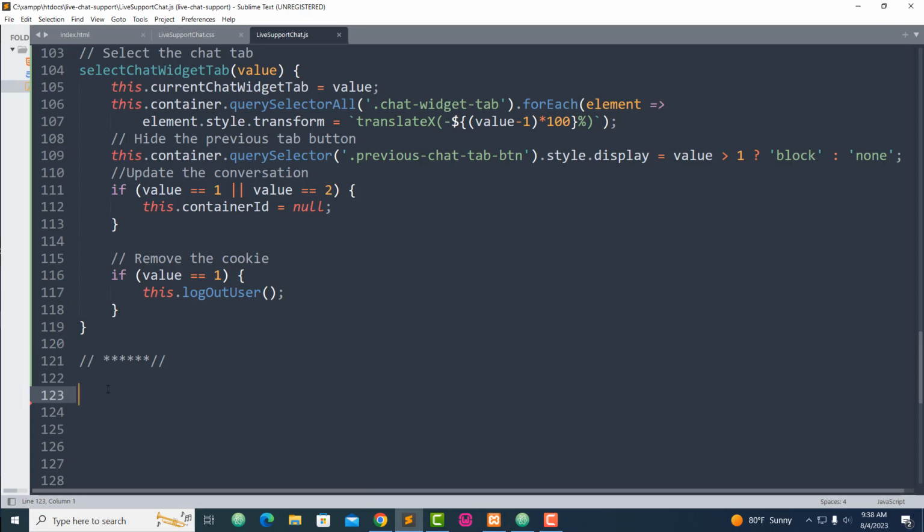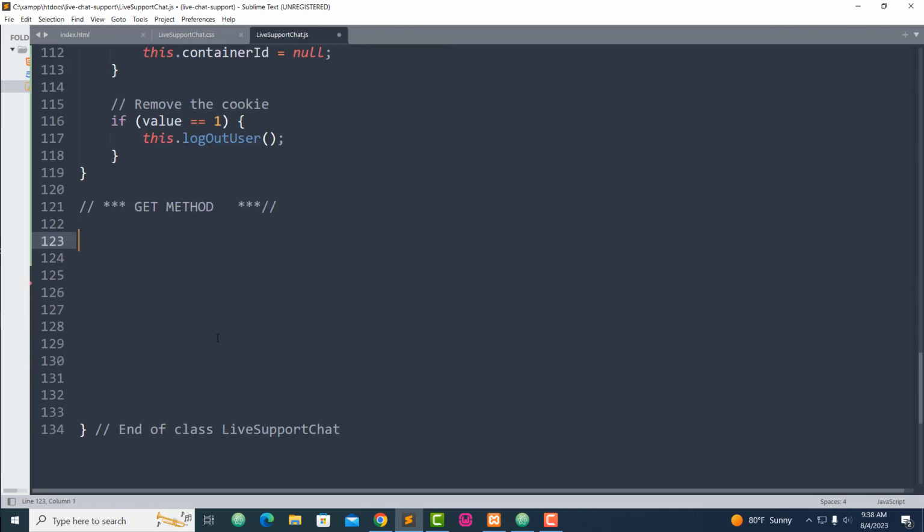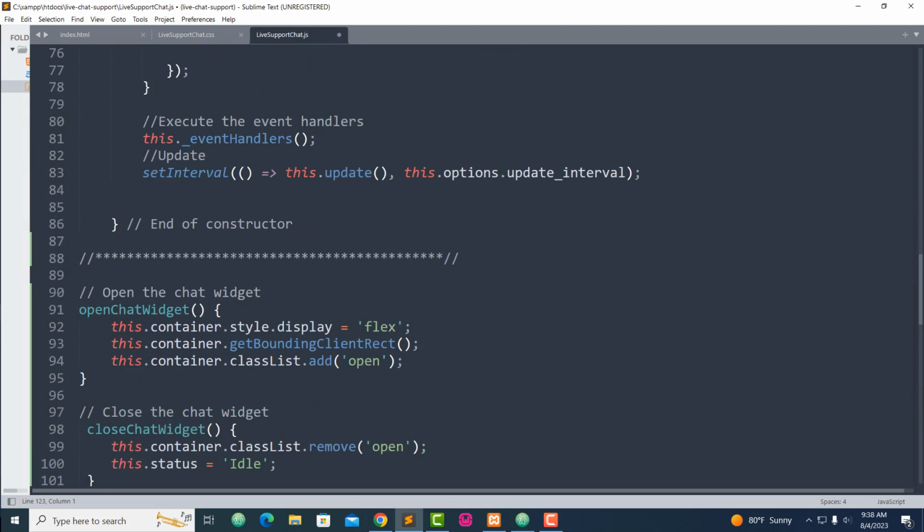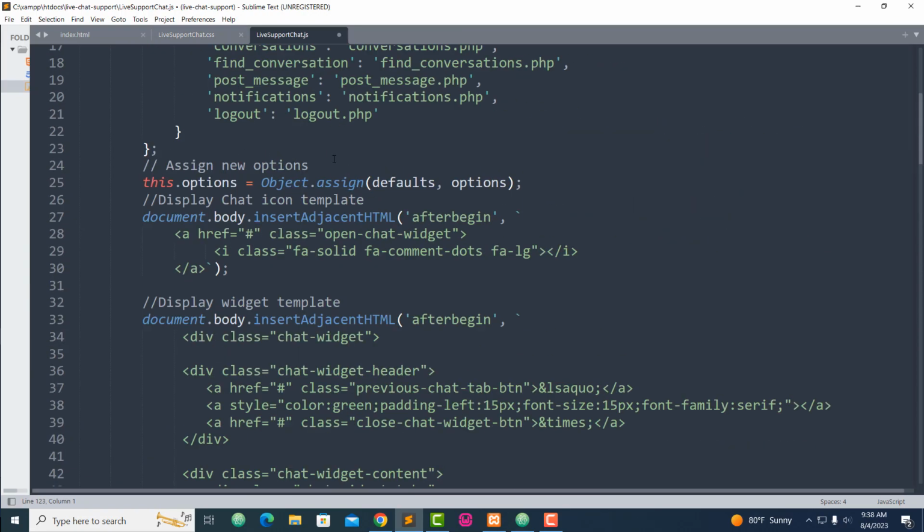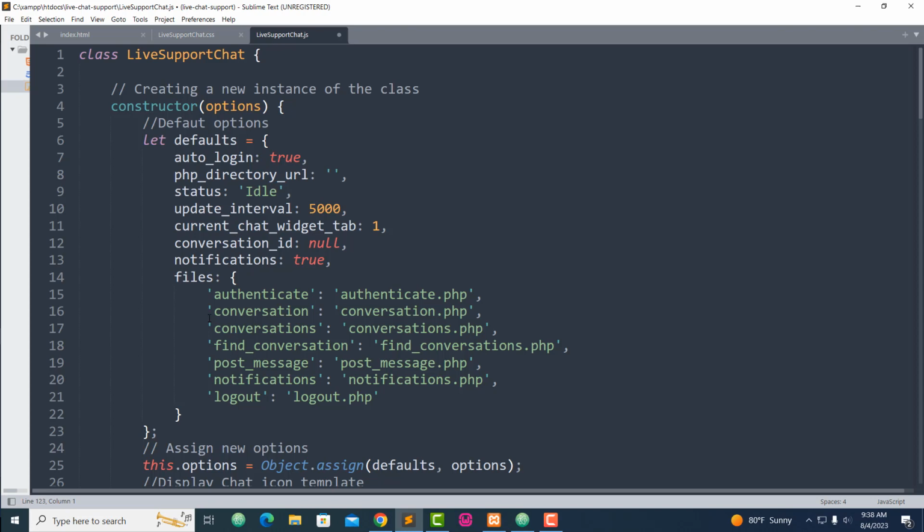Yeah, and to do so, now this is where I'm going to use the get. The first one is get method. Okay, get method. This is what we are going to use to access all the options inside of the constructor. What I mean by that, let me show you. Inside of the constructor, let me show you. Inside of the constructor, we have